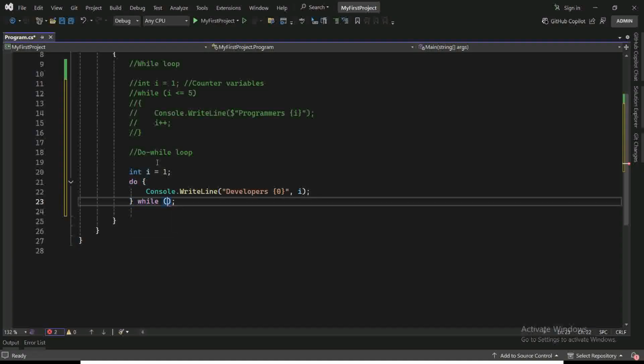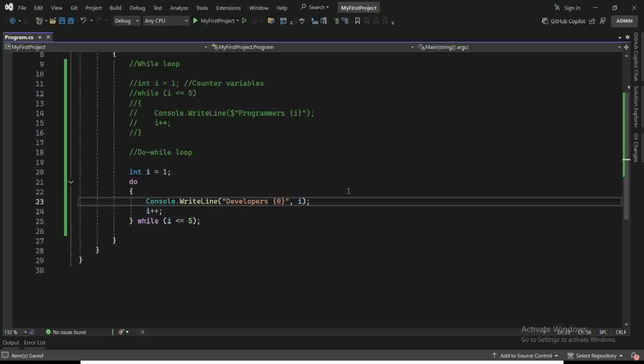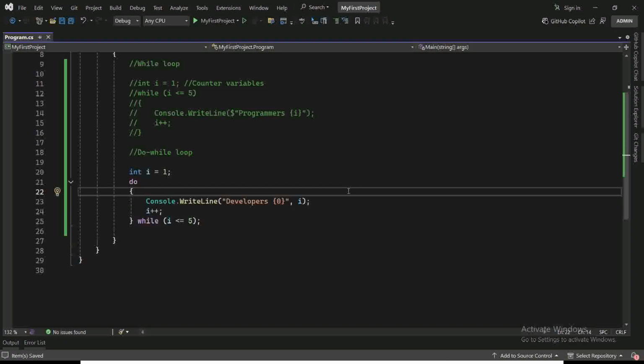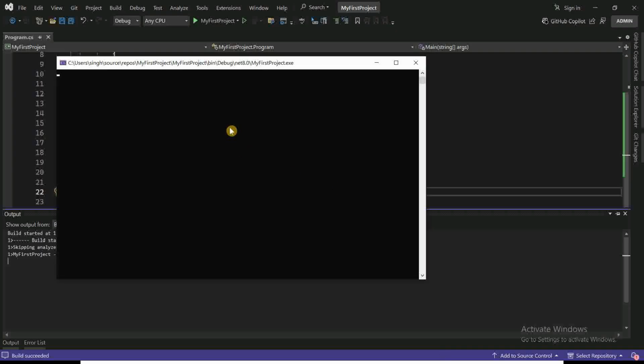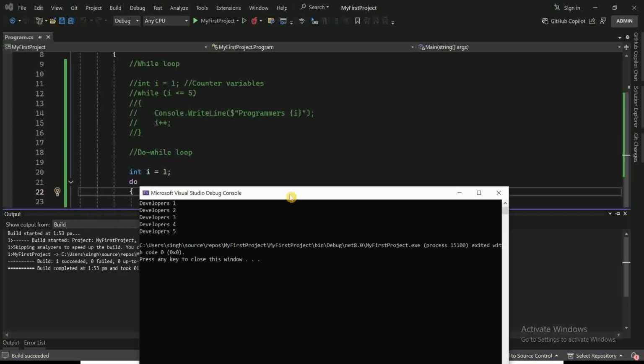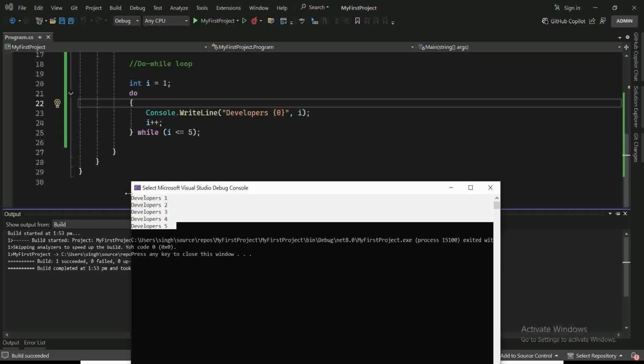Here we have to write some condition, and we have to increment the value also, otherwise it will start an infinite loop. Let's see the result of this one. So here is the thing, it iterates the same for 5 times, as we put some condition like I less